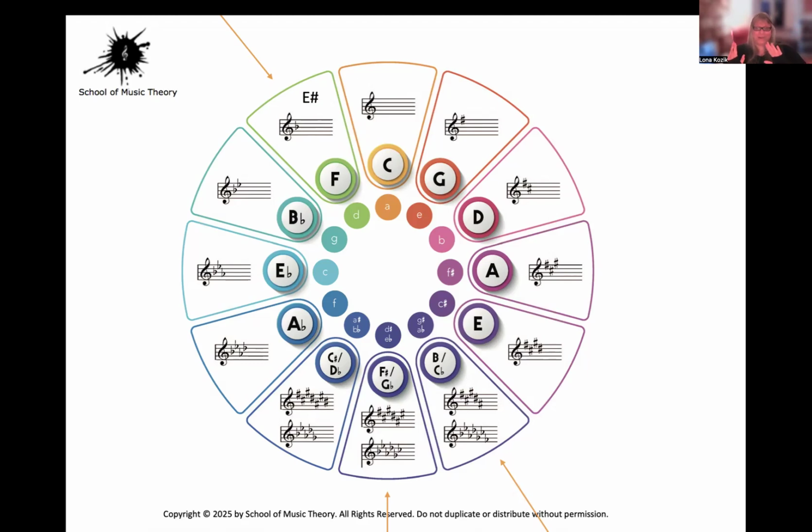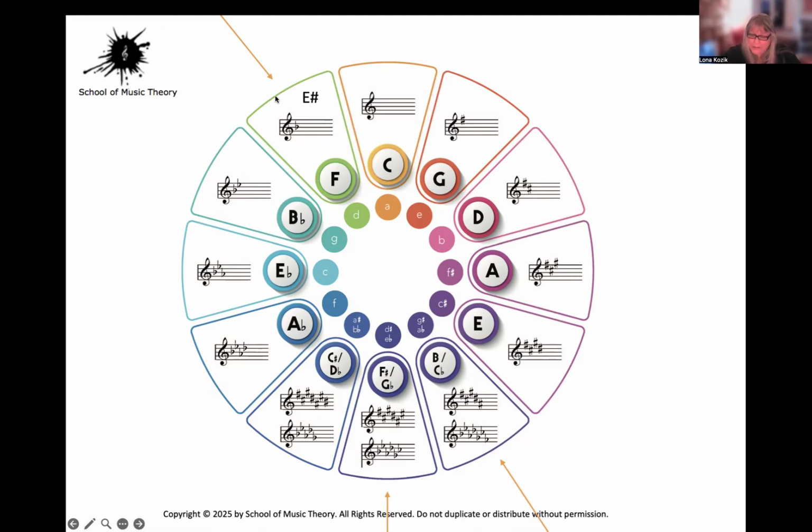Now, what I want to show you is I decided it would make sense to go straight across the circle to F, but we're thinking enharmonically now, so I added E sharp up here. Okay, so it's a little bit of a workaround. Okay, so again, let's just review that. We're gonna go F sharp to B